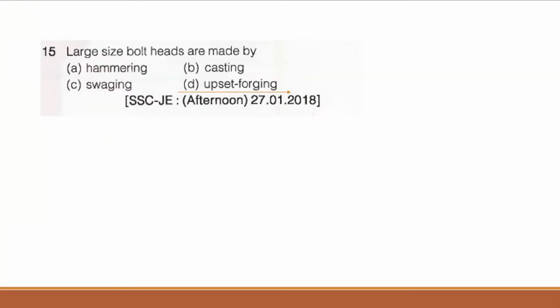Question number 15. Large size bolt heads are made by. So large size bolts are made by upset forging. So basically a forging operation only. Bolts are manufactured by forging operation only, but in forging we use upset forging. Swagging we have previously seen. Swagging is basically to reduce the diameter,